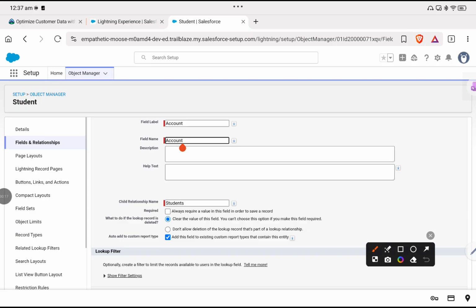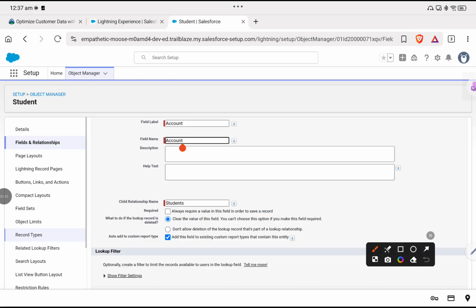And there is an option, Required. Required means this field must be filled in order to save the record. If the user wants to save the record, they must fill in a value in this field. If not,